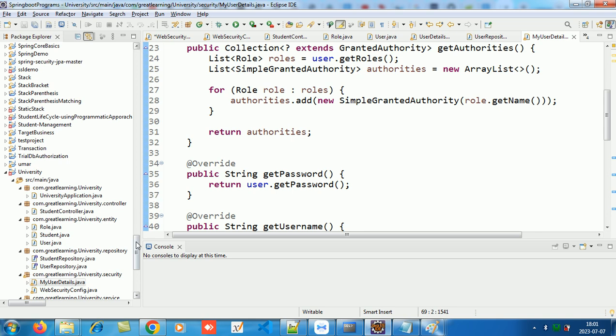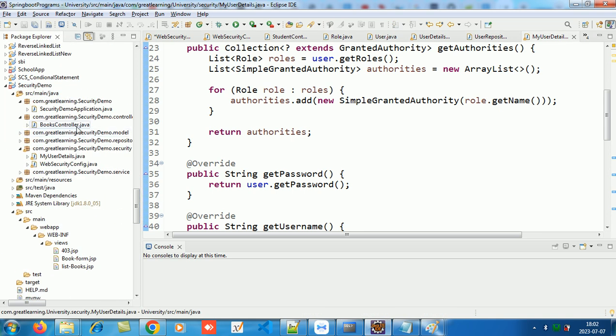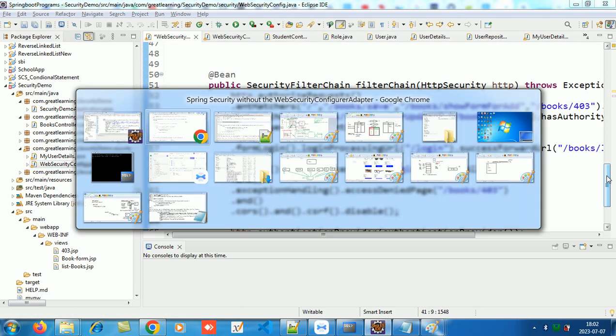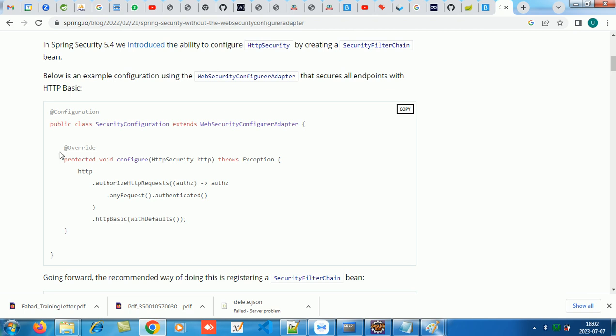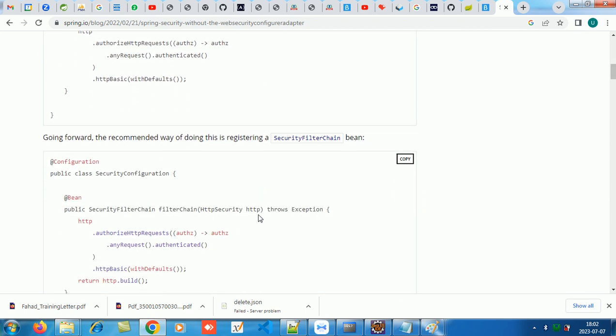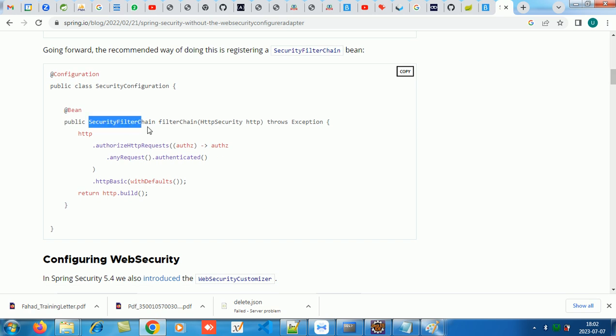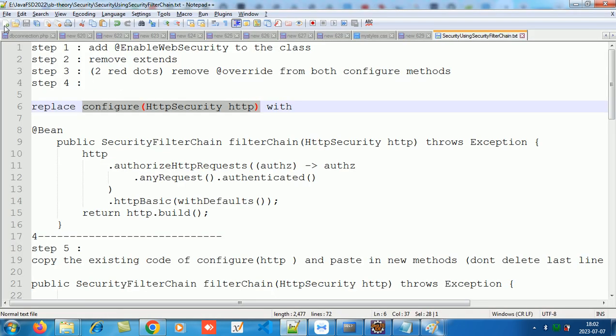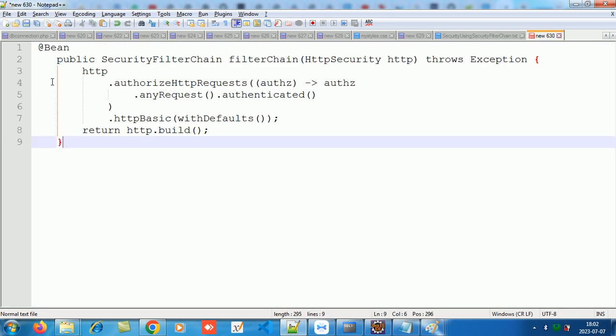और क्या करना है इसमें, सिंपल सा, तो फंक्शन को उड़ा दो, उसकी जगह ये फंक्शन लिख दो, ठीक है। ये था ओवरराइड वाला ना, और एक्स्ट्रा, ये नहीं चाहिए ना, तो उसकी जगह ये कर लेने का। बीन वाला सिक्योरिटी HTTP है ना, पैरामीटर वही है ना, तो ये कॉपी करके फंक्शन यूज कर लेना। वो कॉपी किया मैंने फंक्शन, और उसको निकाल के वो पेस्ट कर दिया, ठीक है।